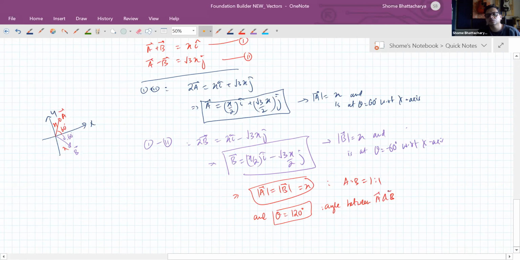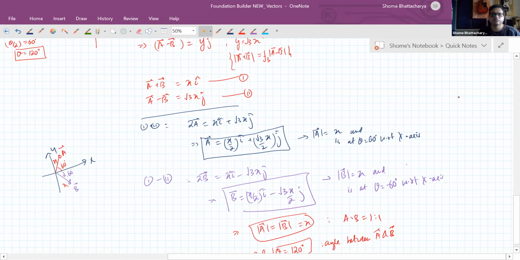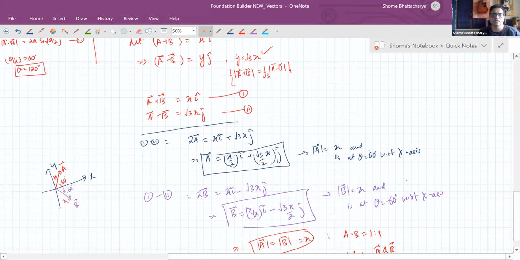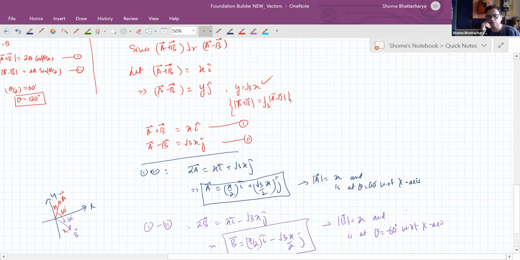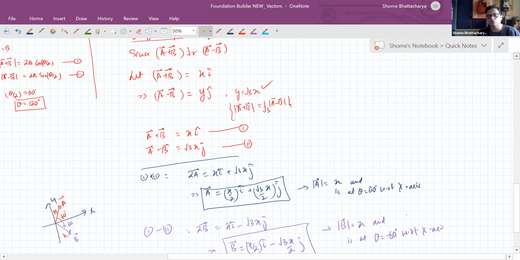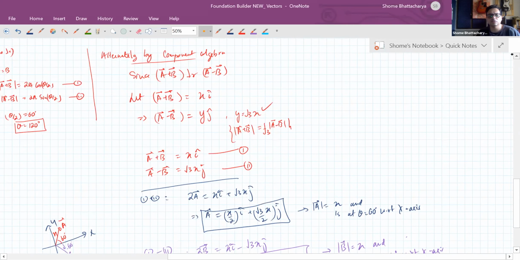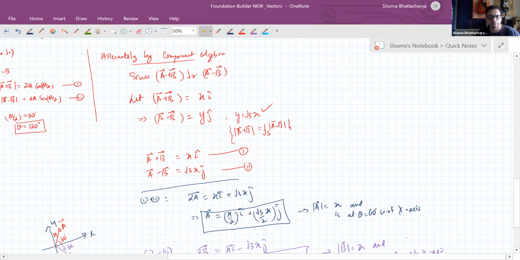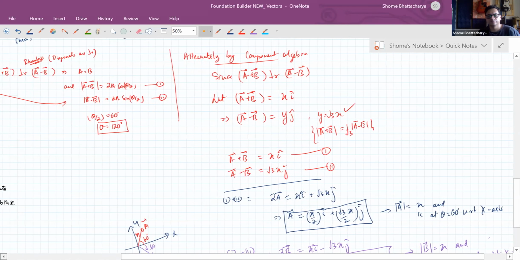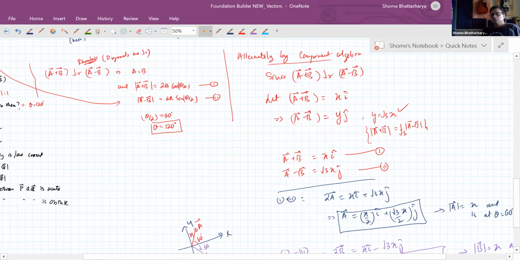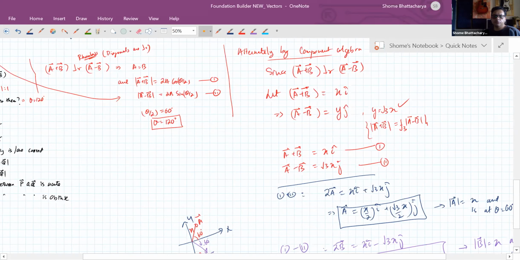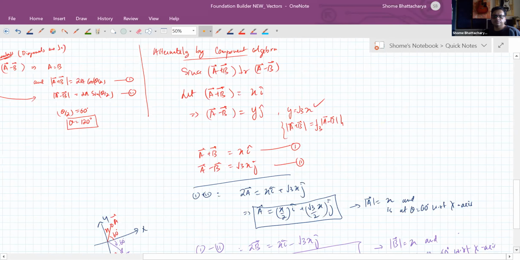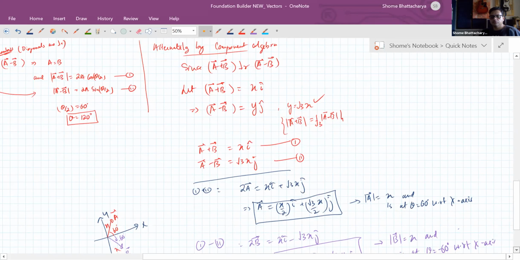Okay, so this is also a workable method here, but again it shows you that if you use the rhombus shortcut, it's very fast, whereas if you use any other method like the formula based method of triangle law, or you use the component algebra as I've done here, comparatively the question is taking more steps to solve. Hence the advantage of the rhombus as a special case of the parallelogram law. Okay, so I'll just leave you with a moment to understand this second method fully, and then we'll discuss the other question.